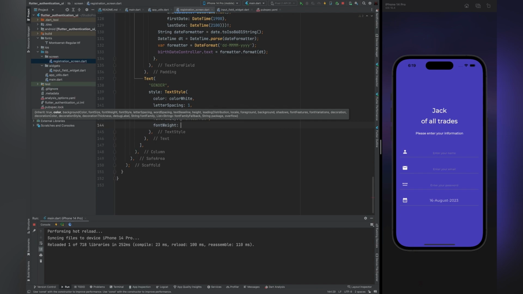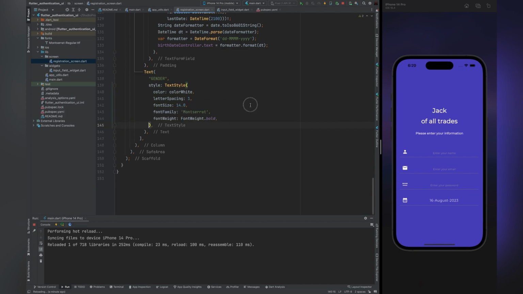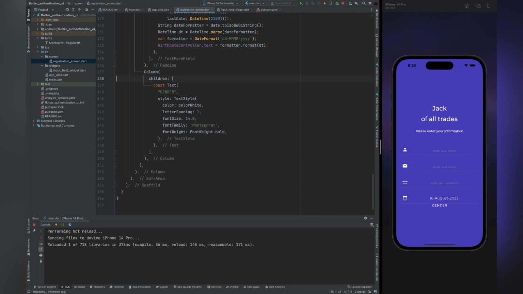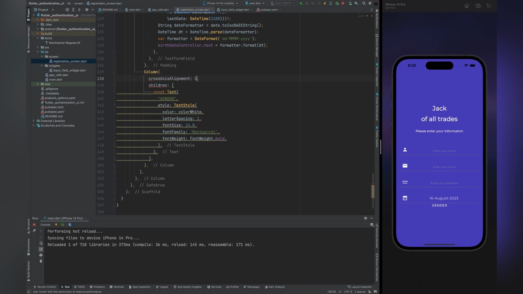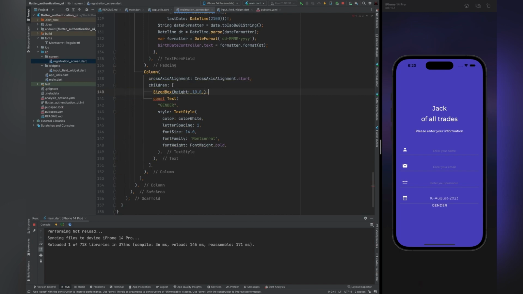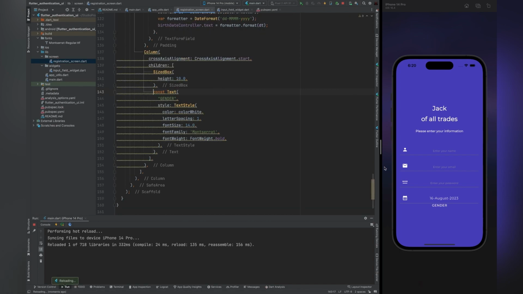After that we will give font weight and set it equal to bold, because we want to make it look like a heading. Now let's add const to remove these warnings and reload our project. You can see that the gender text is in the center of the screen. To resolve this issue, we can wrap our text field inside a Column, and set the cross axis alignment property of the column to CrossAxisAlignment.start. That's how the text will be aligned at the start of the column. Let's also give a SizedBox of height 10.0 to give it some spacing between the text field and